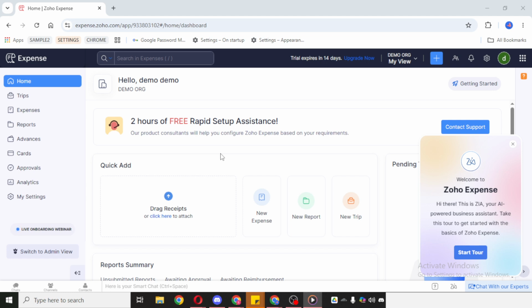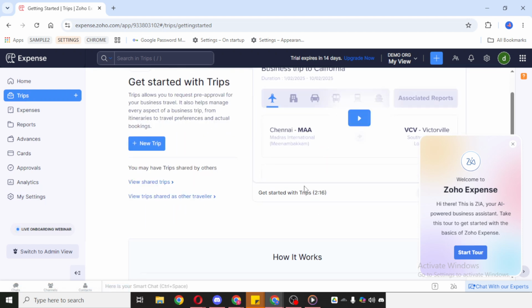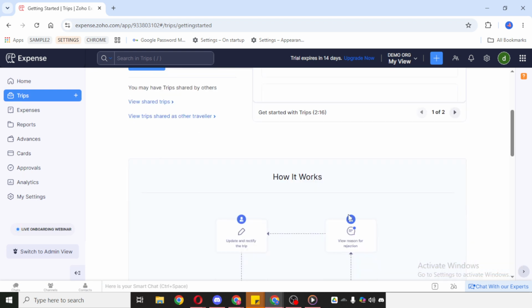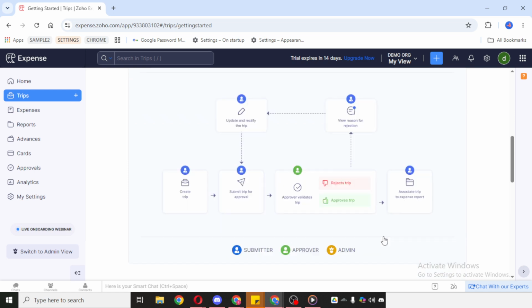First, click on Trips. This is the area where you can manage your business travel. If your work involves travel planning, reimbursements related to travel, or simply keeping all trip-related details organized, this section is where that process begins. It helps centralize your travel information so it's easier to review and manage later. As you use it, try to keep your entries consistent, since that can save time when you need to reference past trips.